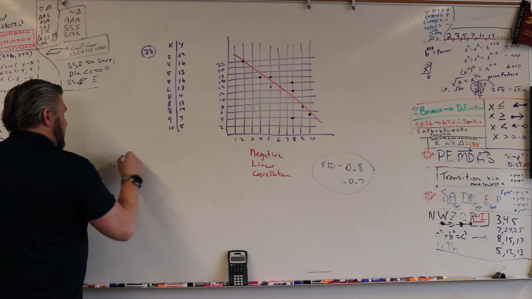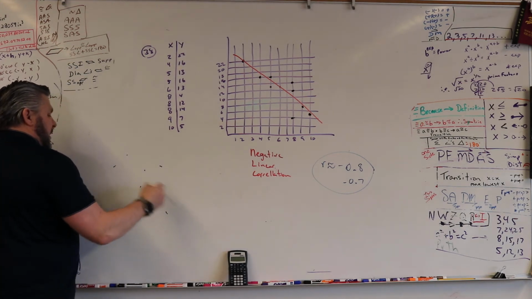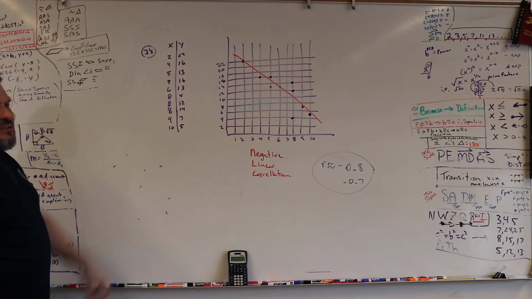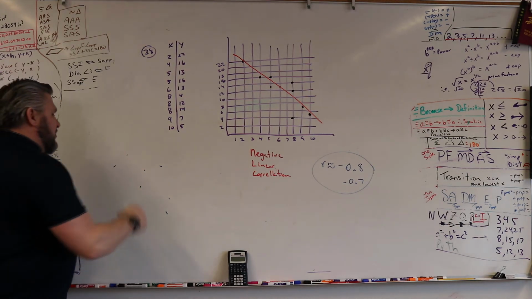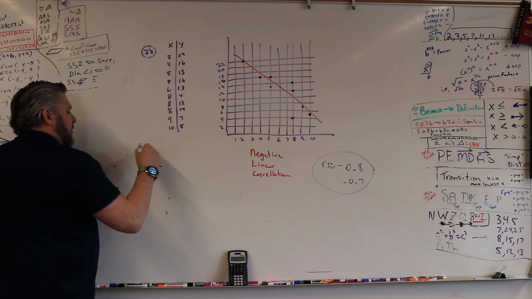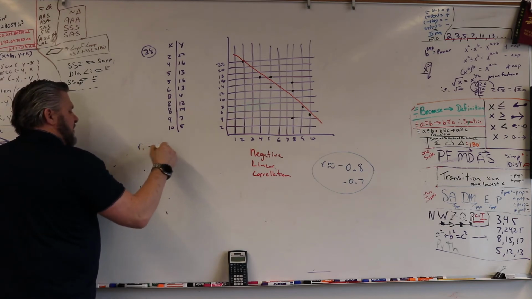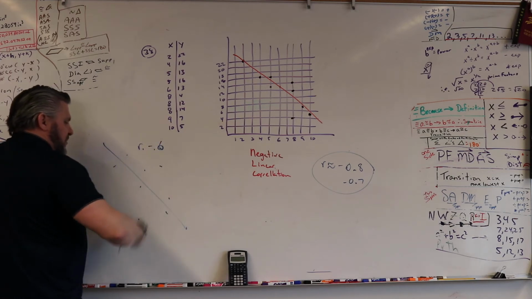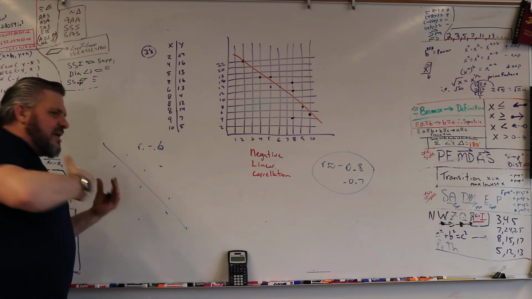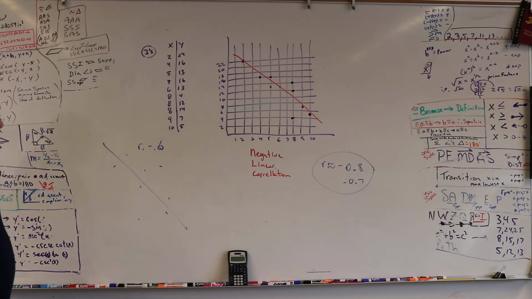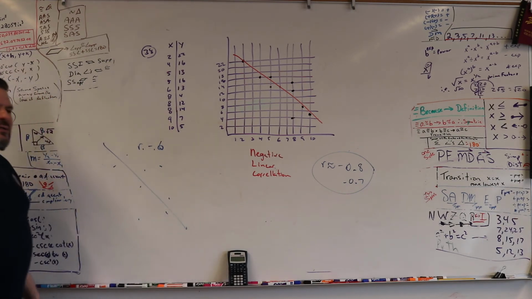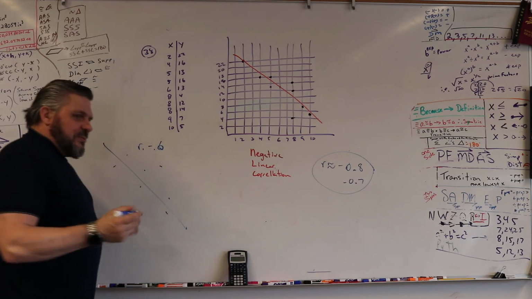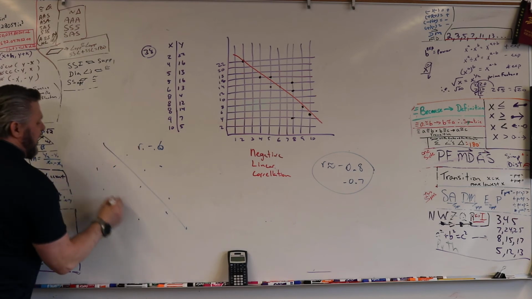So as you get to something like this, it looks like there is correlation, but for the most part, it's just a little bit too wide to be correlated. This would be what I call a negative 0.6. Yes, you could draw a line through it, but it's almost like I shot it with a shotgun. It's only kind of lucky that there's a line. Does that make sense? No? Just remember, the more you get